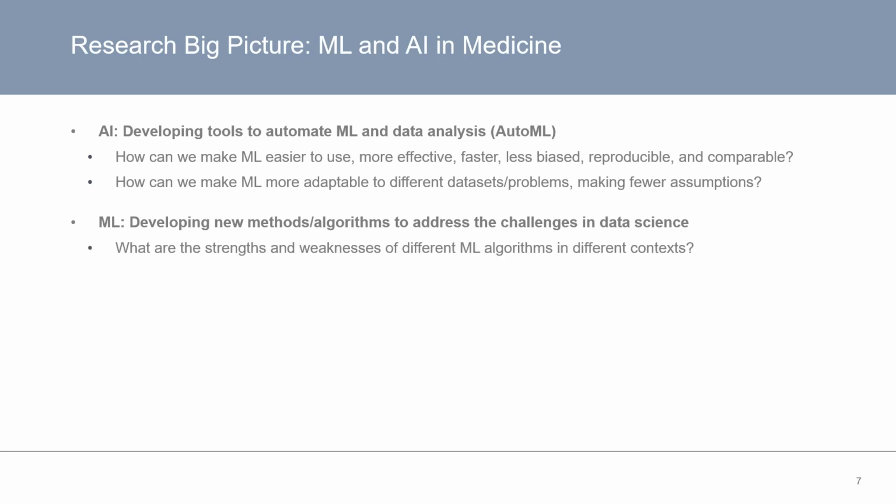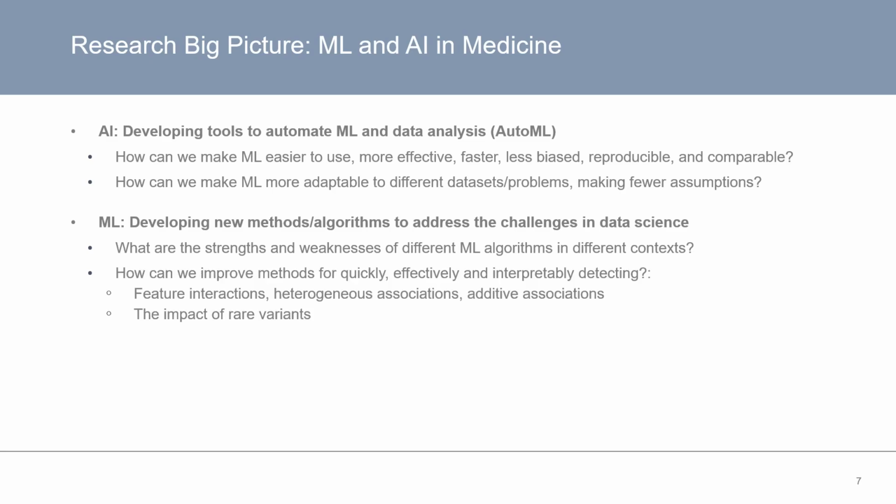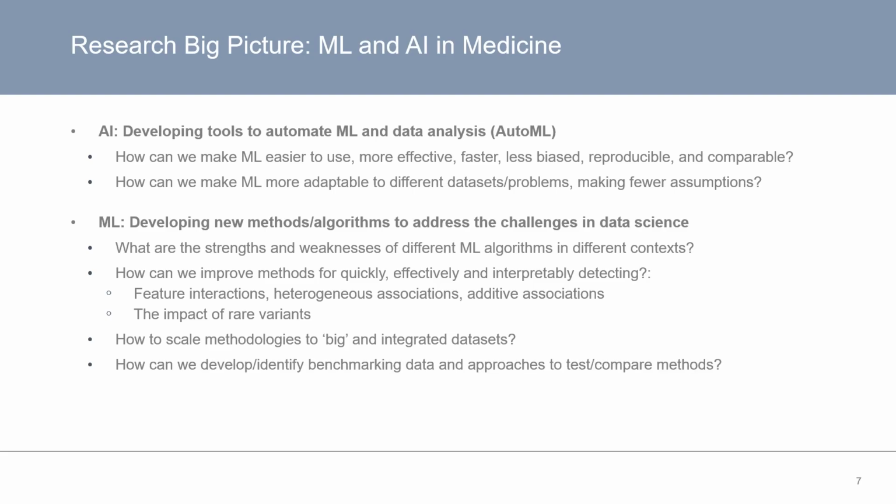Here we're trying to answer questions like, what are the strengths and weaknesses of different machine learning algorithms in different contexts? How can we improve methods for quickly, effectively, and interpretably detecting feature interactions, heterogeneous associations, or additive associations? As well as how do we detect the impact of rare variants? Further, how do we scale existing or new methodologies to big and integrated datasets? And furthermore, how do we develop or identify benchmarking data or benchmarking approaches to test or compare methods? And of course, application of new and existing methods to a variety of datasets or problems in medicine or biomedical